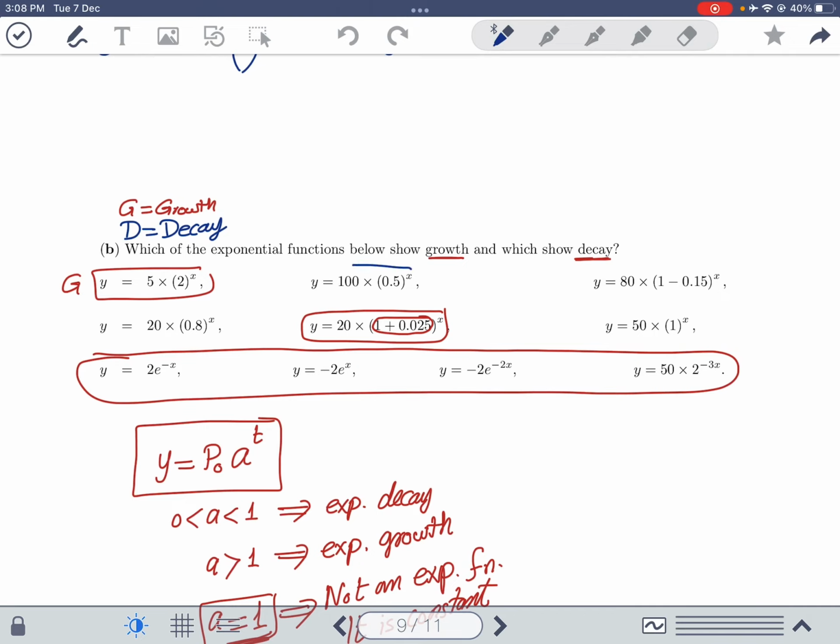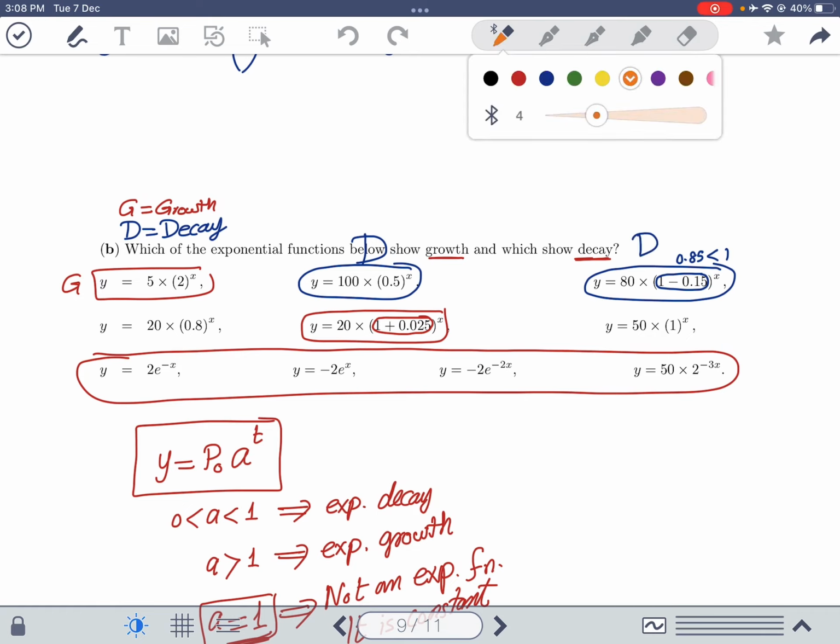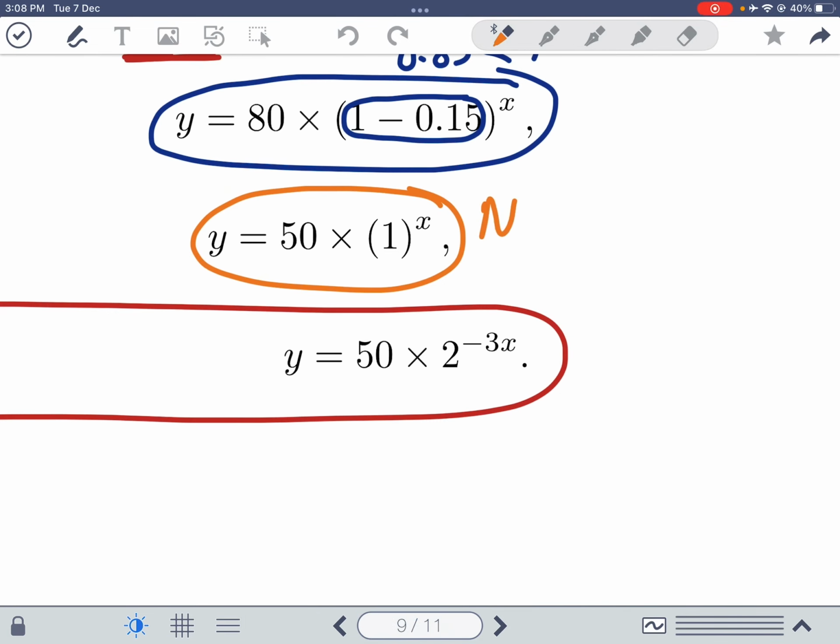And notice this one is decay because the base is half, less than 1. This one is decay because 1 minus 0.15 will be 0.85, which is less than 1, so decay. And this one, I have to put it by itself. This one is neither growth